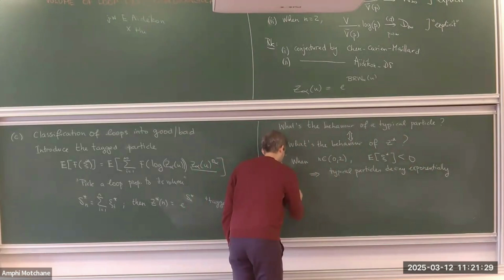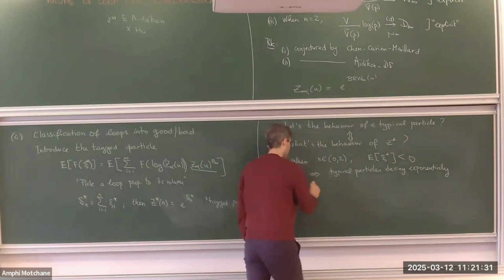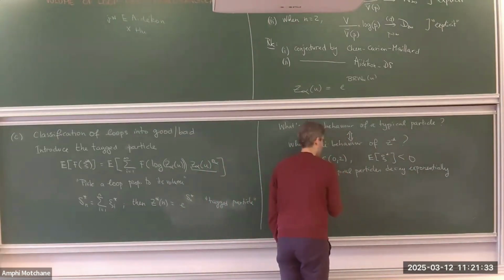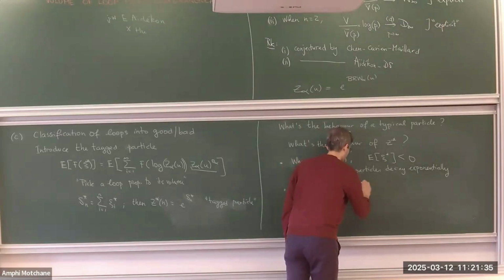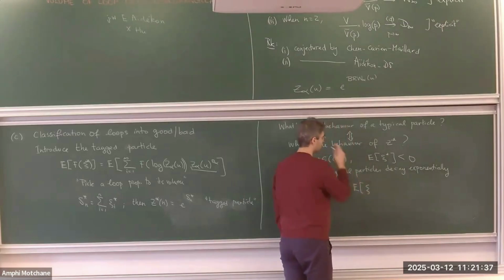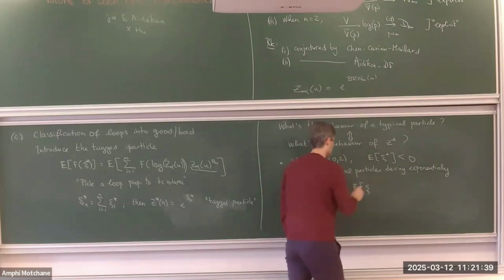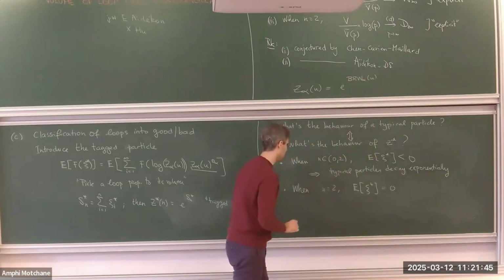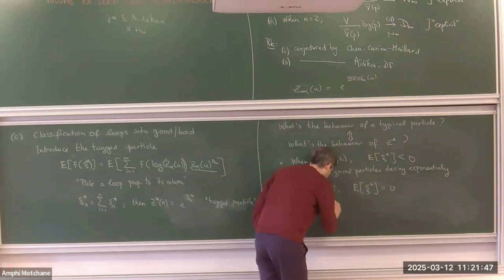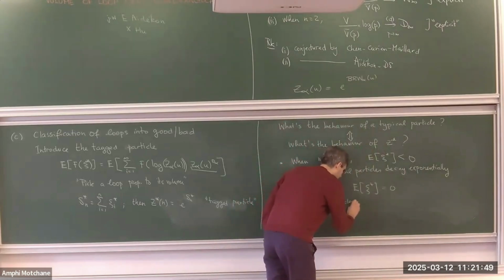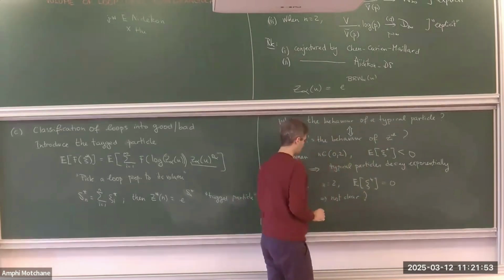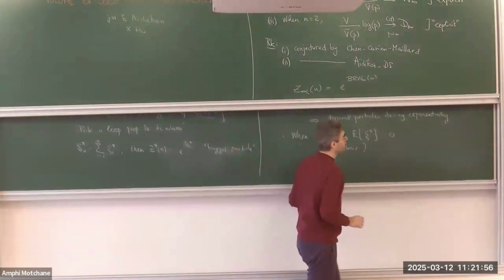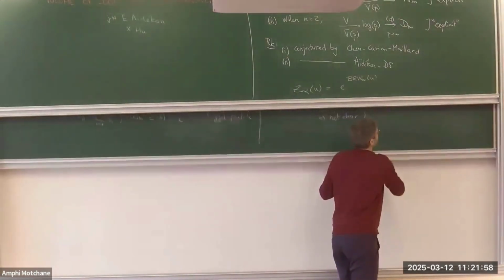On the other hand, if you look at n equals 2, then you can see from the explicit offspring distribution of the branching random walk that this thing is 0. So it's not clear what happens. And in order to say anything about this case,